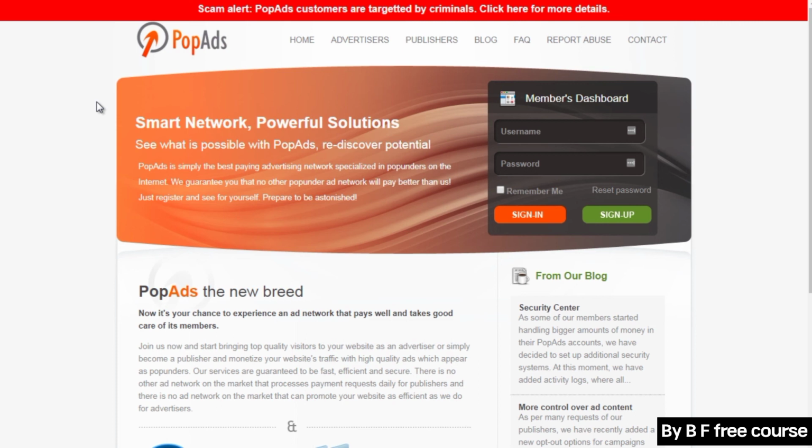But anyways, what's nice about both of these sites is it doesn't require you to invest a lot of money. In fact, you can just deposit a very minimal amount of money. I believe PopAds is like, I can't remember, 10 or something around that number. But a lot of bigger traffic networks require you to deposit things like $200 or sometimes $500 and all of that. So this is kind of newbie friendly, especially if you're on a budget.